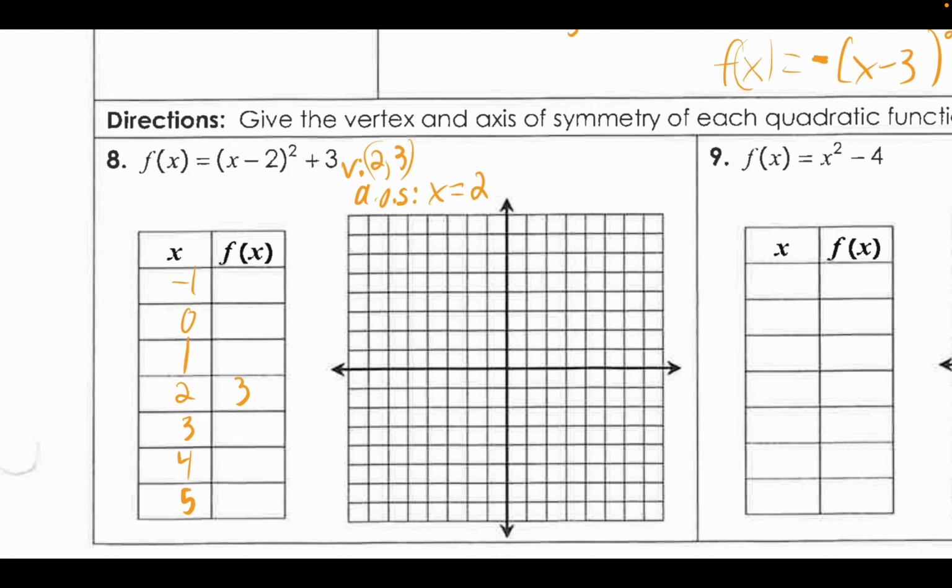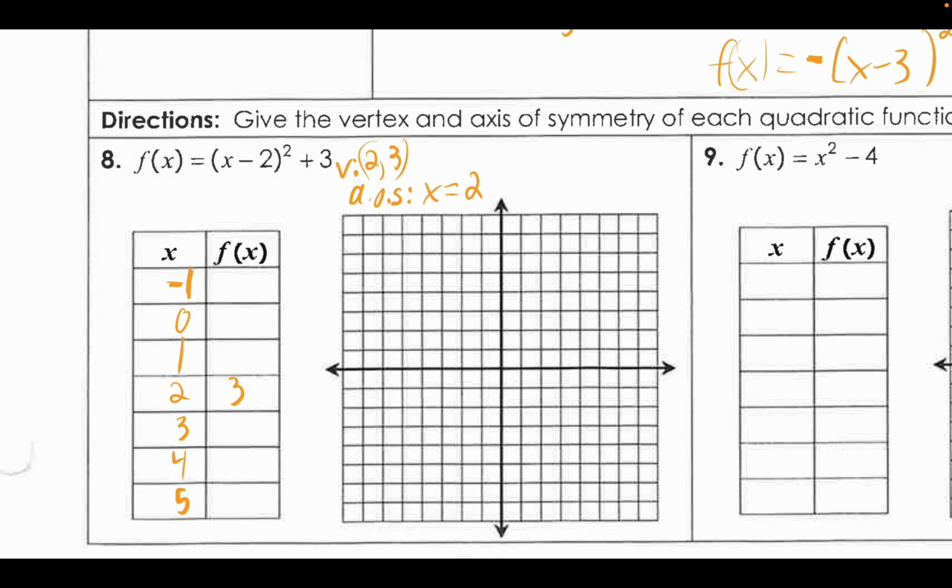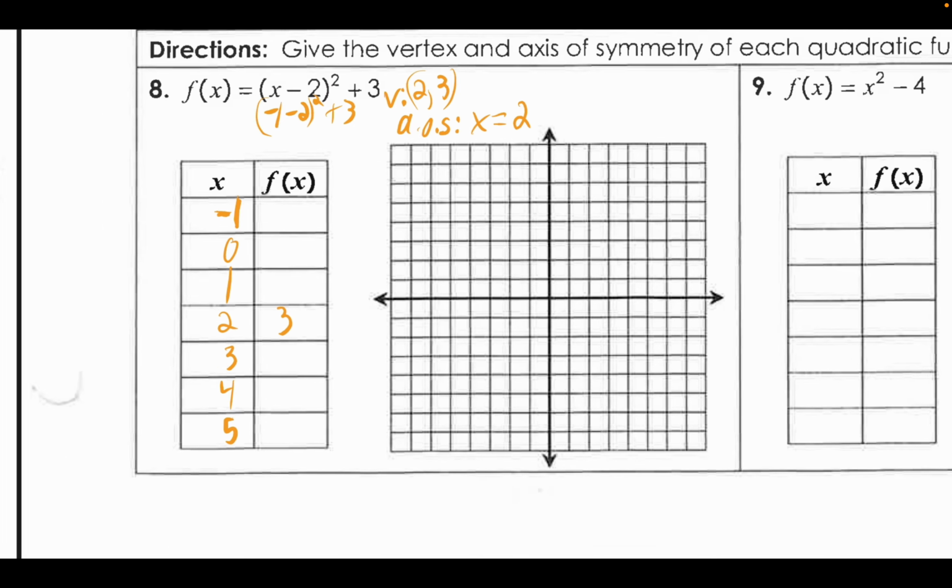And then I'm going to have to actually plug these in to get the y values out. So I do still have to plug in numbers, but I don't have to plug in my vertex because I already know that one from the form. So as I plug in these y values here, I do have to be careful that I am squaring after I subtract. So for example here, if you plug in -1, this is going to be -1 minus 2 squared plus 3, which ends up giving us